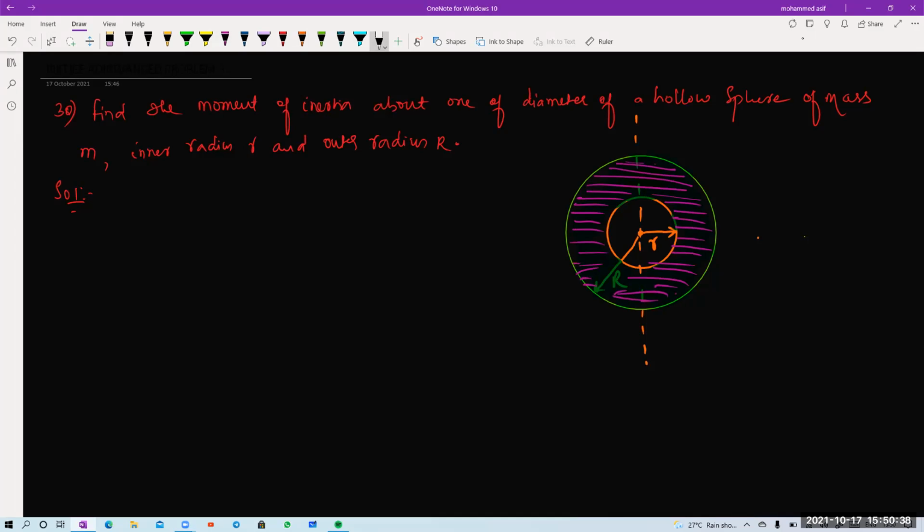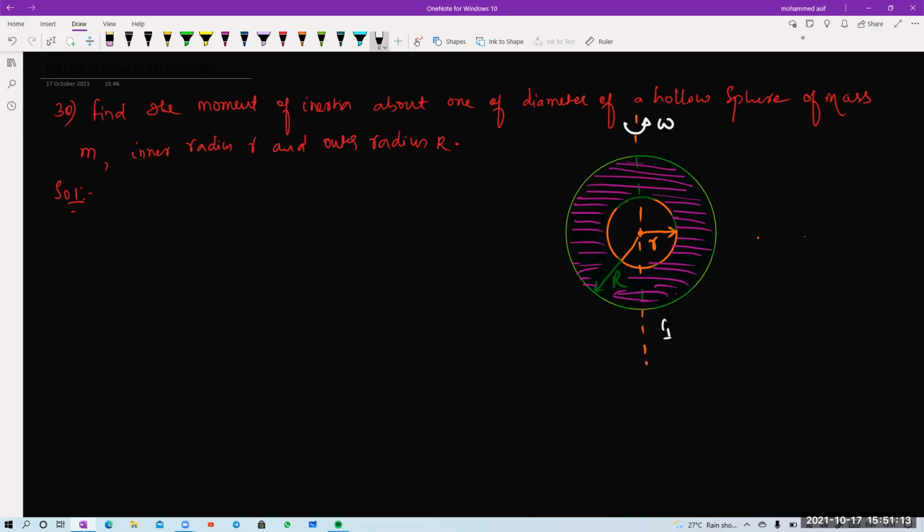See, whenever we do such types of problems, we need to first understand what axis it is rotating on. This is the axis with angular velocity omega, and the moment of inertia we need to calculate about this axis is I. The hollow sphere here is assumed as if a concentric small sphere of radius r has been removed from the larger sphere of radius capital R. That means the moment of inertia of this hollow sphere about an axis can be obtained by subtracting the moment of inertia of the smaller sphere from that of the larger sphere.